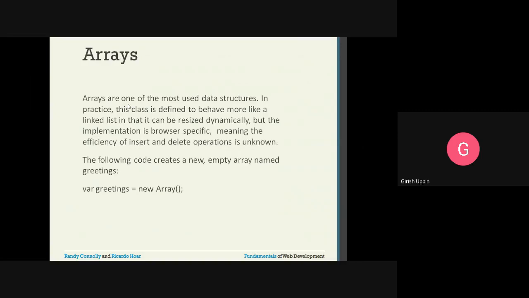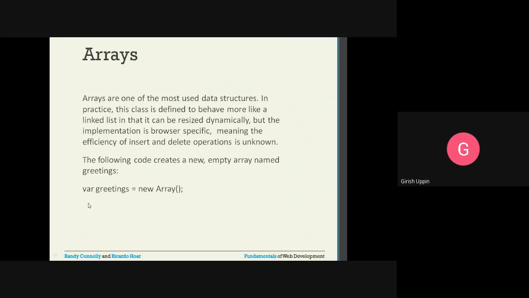The implementation is browser specific, meaning the efficiency of the insert and delete operations is unknown. So the insert and delete operations that we perform on the array depend on the browser.